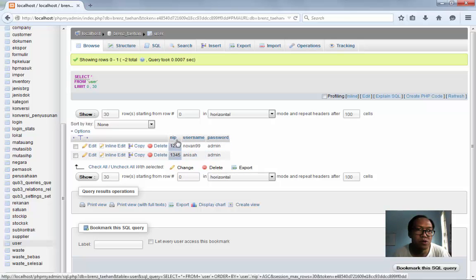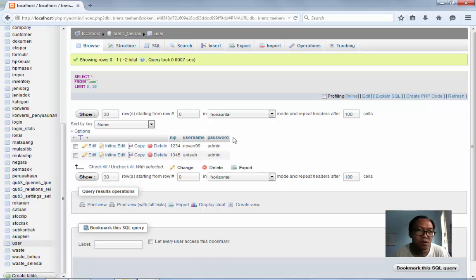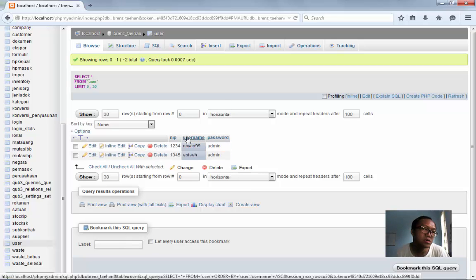The first column is NIP, and the second and third are username and password. I don't use any level here, so it will be a simple login for you to create. If you want to get the level for the user, maybe I will make a video about it later. But from now on we use the simple login first.